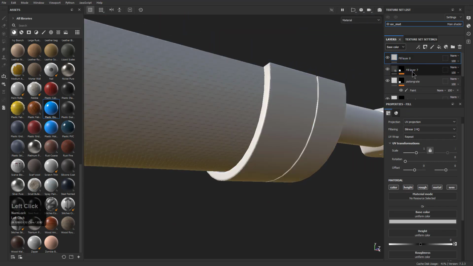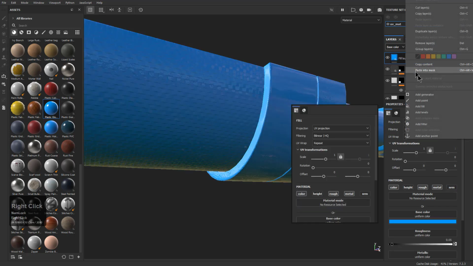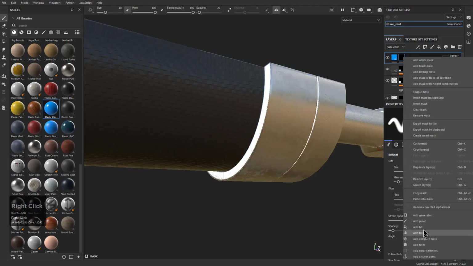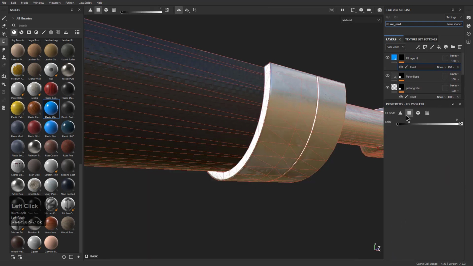So we'll just call this piston base, and for this one we'll also make it blue, and let's just right click, add a black mask, and we can just add a paint layer, press 4, and let's just